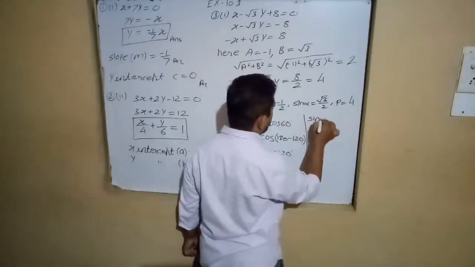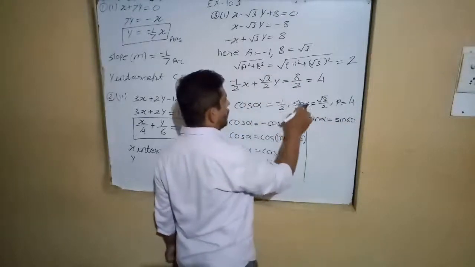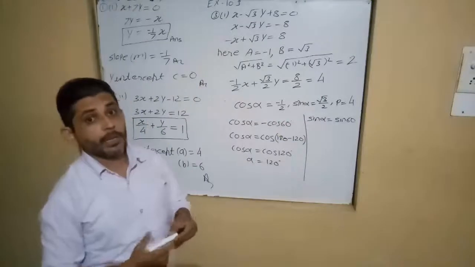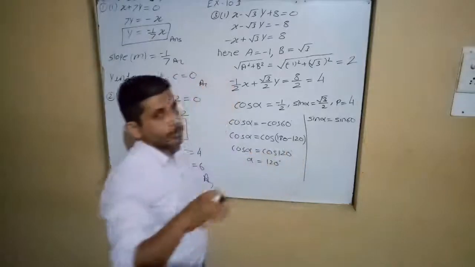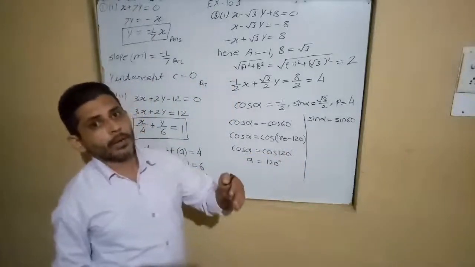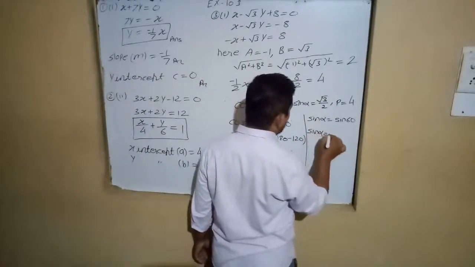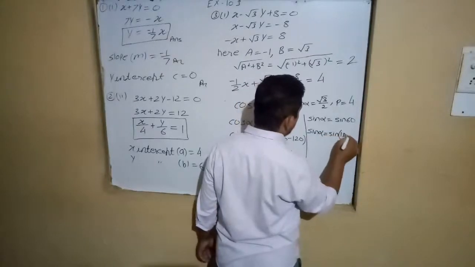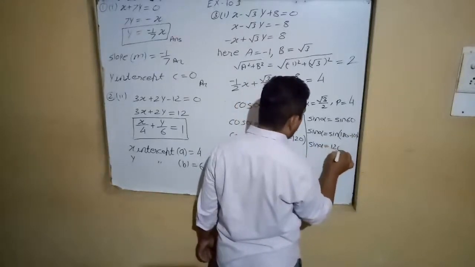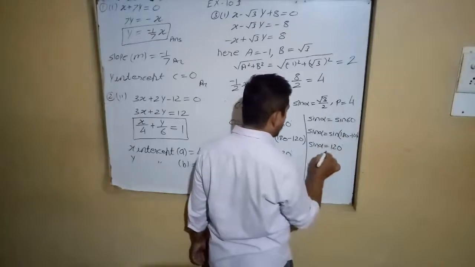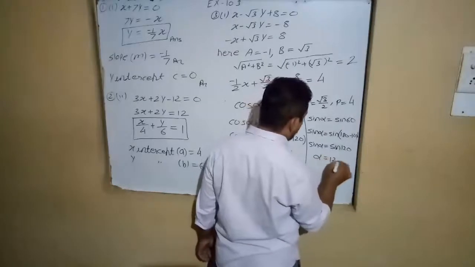Similarly, sin alpha is equal to root 3 by 2, means sin 60 degree. Now both are alpha, so we need both to be the same angle. So here we have to convert sin into the second quadrant, and in the second quadrant sin is positive. So easily we can change sin alpha is equal to sin of 180 minus 60. Sin of pi minus theta is sin theta. So sin 120 degree. Therefore alpha is equal to 120.